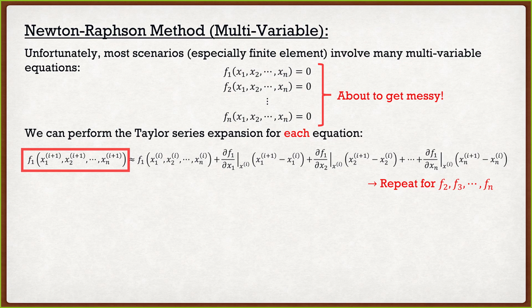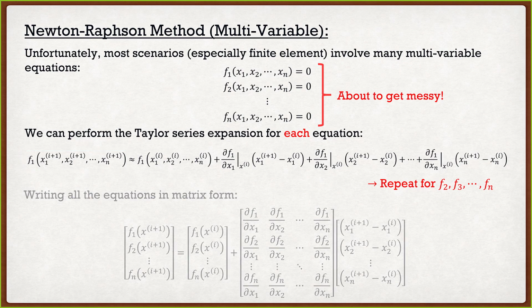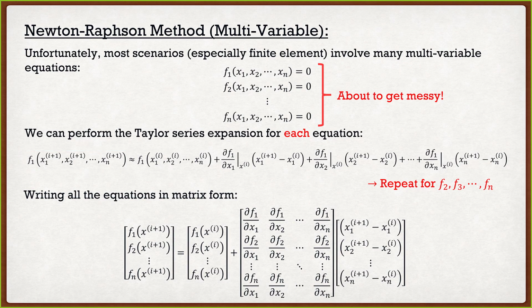Now, it looks like it's going to be really bad, but what's nice is we can actually write this in matrix form. Again, matrix form also looks pretty bad, but it's not as bad. The first part here is our function at that initial value, just like we had before. The second part here is the derivatives, which I separated into its own specific matrix, and then I multiplied this by a vector of those delta x's. So even though it looks really bad, it's not too bad.